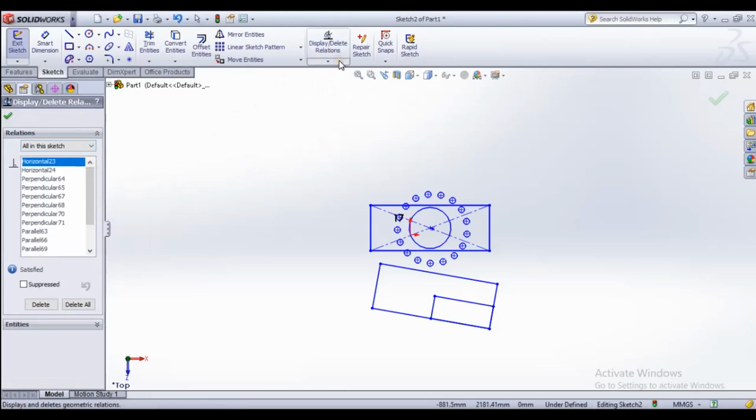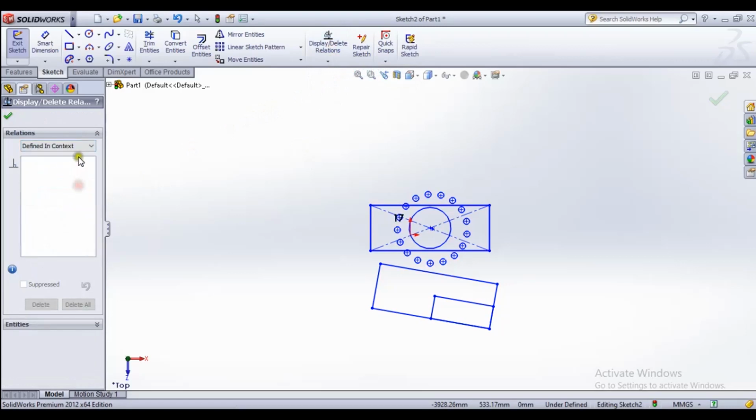Here we can see all the relations in this drawing. In this drawing, we can see all the relations: add or delete relation, display relations. Okay, all the relations.